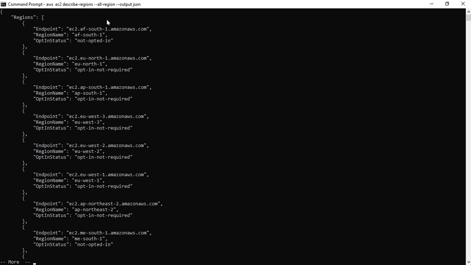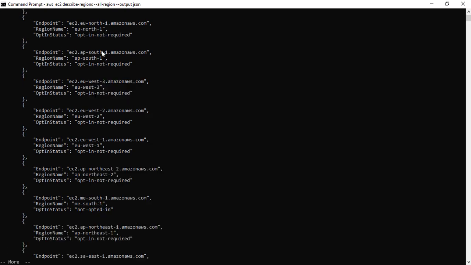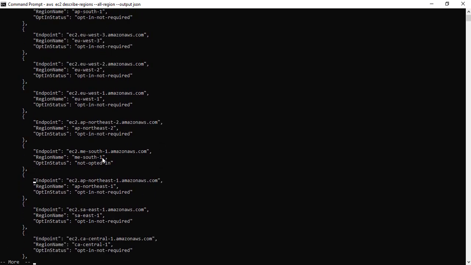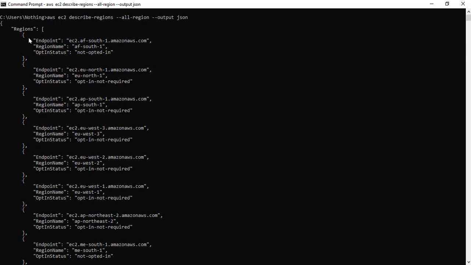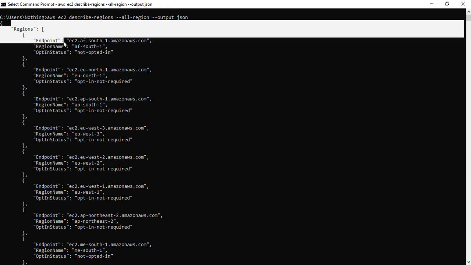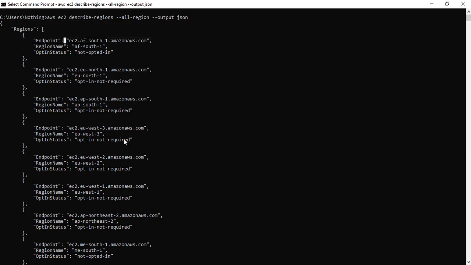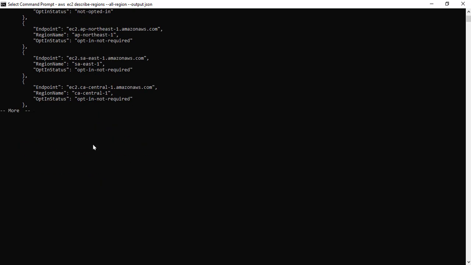So now if you see, we have a lot of information to look into, but what if you're only looking at endpoint? So we have this flag of query that we can use. Let's see how we can do that.